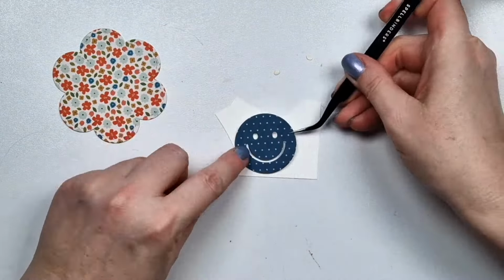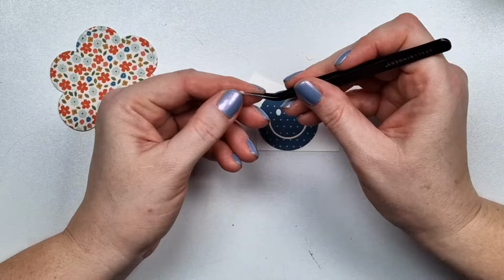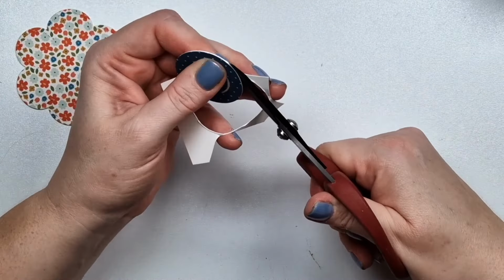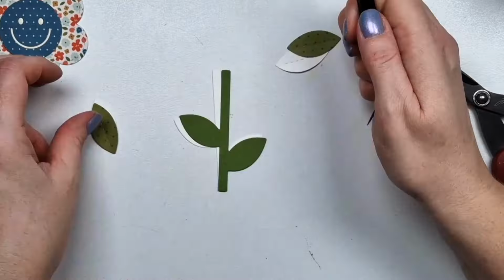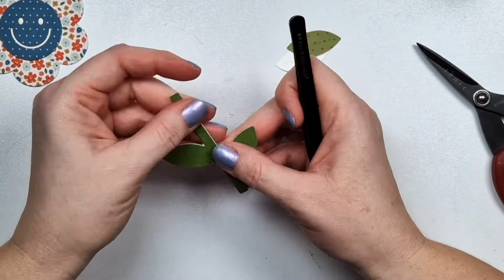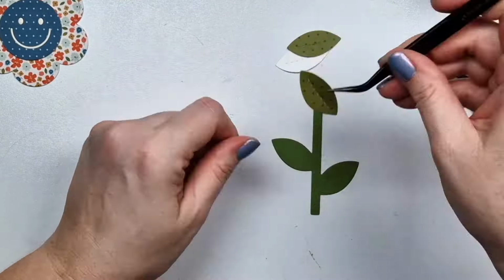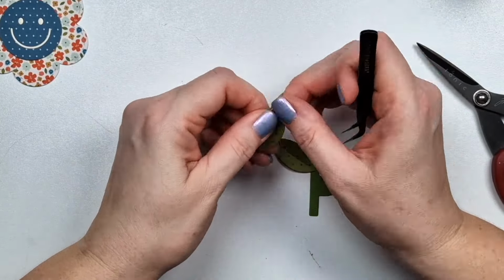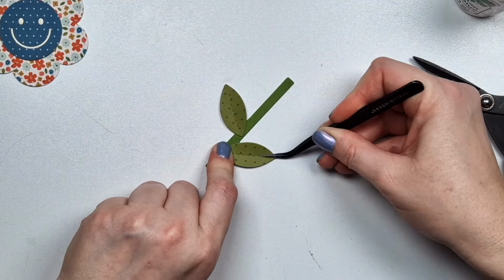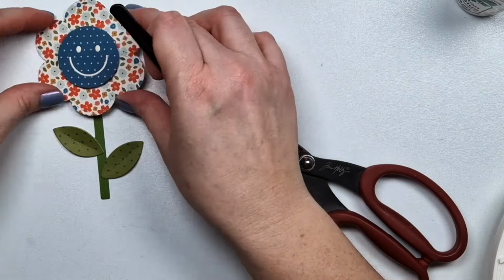And also I haven't used pattern papers in so long that it always makes me happy to use pattern paper. So I die cut everything from different papers as much as I could. Of course, you have to be careful with the pattern. You have to be mindful of the scale of the patterns. These cards might be a bit too busy, but I'm kind of okay with that. I've never been a clean and simple crafter, but for some people this is gonna be way too busy, I'm sure. So, but I guess those of you can just create from